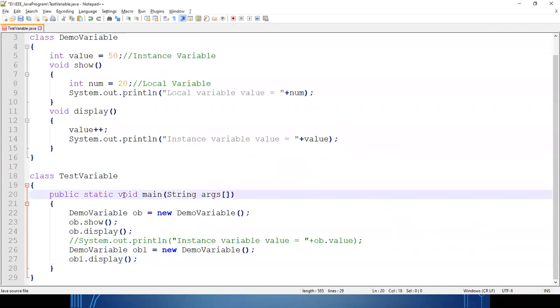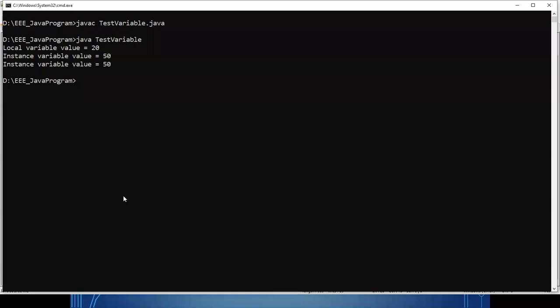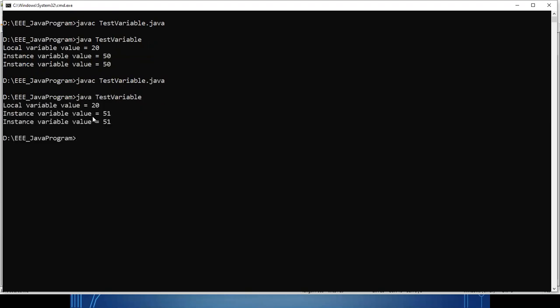Clear? Let's see the output. Check. Instance variable value is 51, instance variable value 51. Clear?